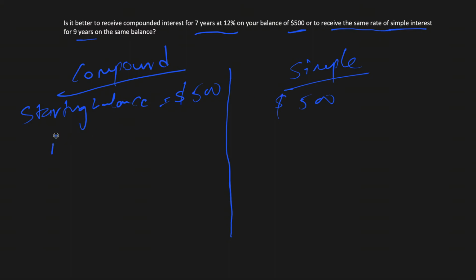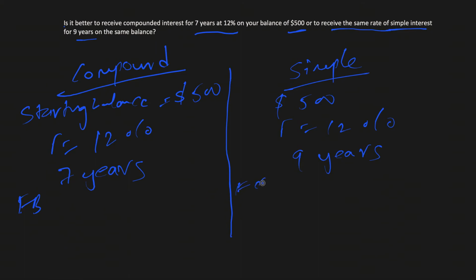We know that the rate is 12% on both sides, and we know that for compound it's for 7 years, whereas for simple it's for 9 years. Great. So again, this question asks us, is it better to receive compound interest? So we'll calculate final balance